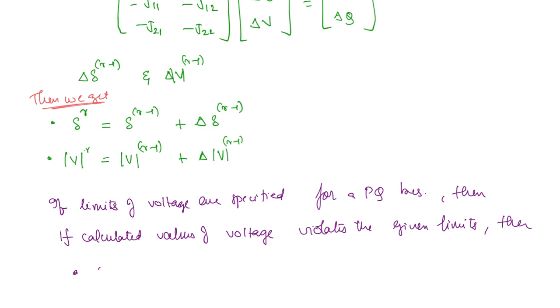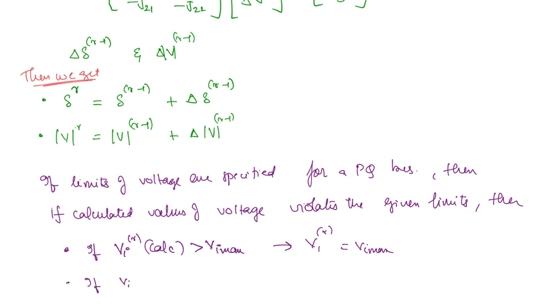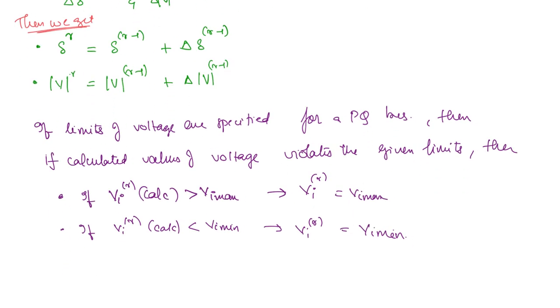In the first case, if Vi of R calculated is greater than Vi max, then we are going to simply take Vi^R equal to Vi max. Similarly, if the calculated value is less than Vi minimum, in this case we have to take the rth iteration as Vi minimum. Okay, so once this step is completed,